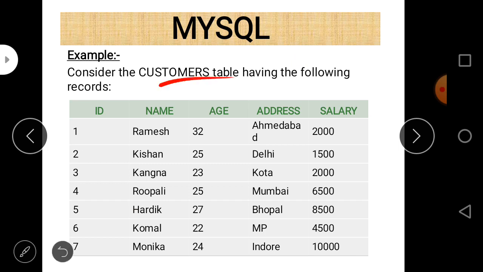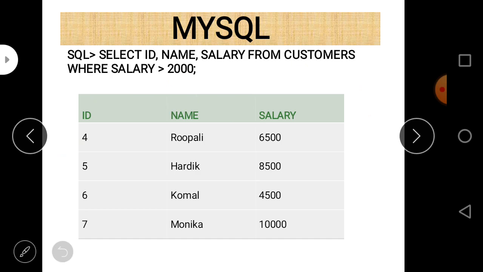So this is a customer table. It has 7 records in it. You can easily see 7 rows. These are the attributes or column names: id, name, age, address, salary. And here we write select id, name, salary from customer where salary is greater than 2000. We select only three attributes: id, name, and salary.